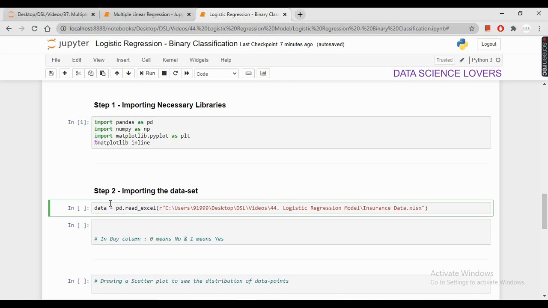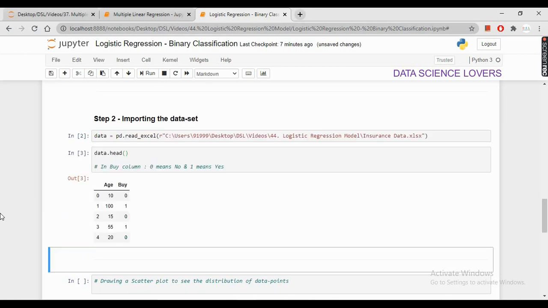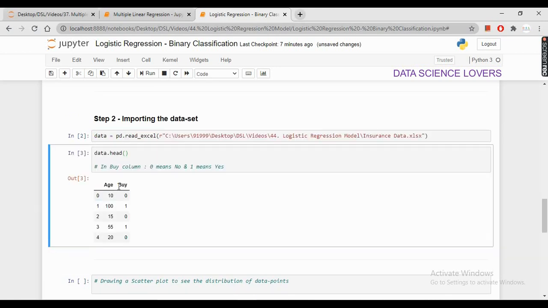My dataset is in an Excel file and I am using this syntax pd.read_excel to import my dataset here. I will run this and my dataset has been imported in this Jupyter notebook. To have a look at my dataset, I will use the head function. So this is my dataset.